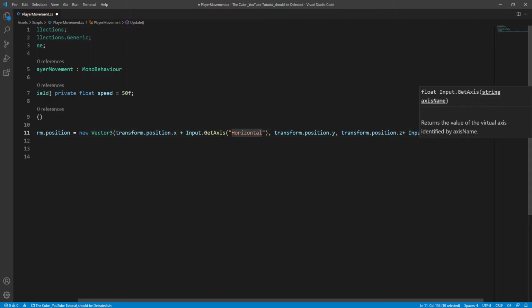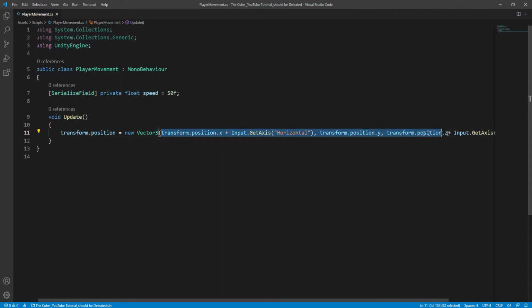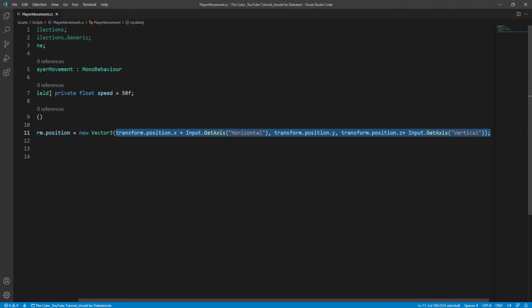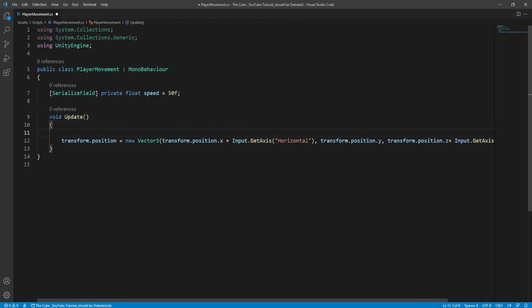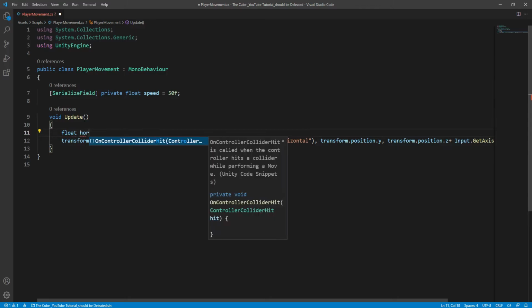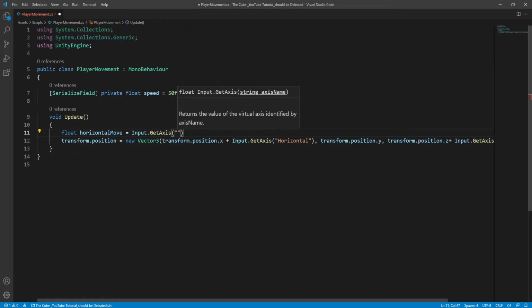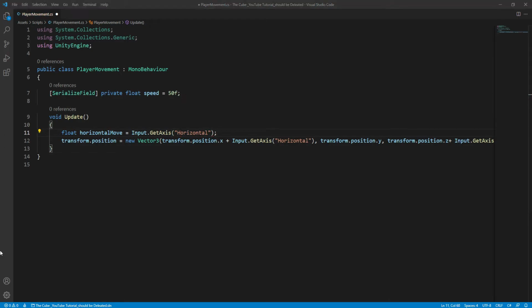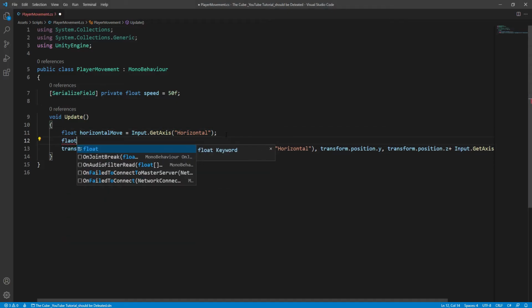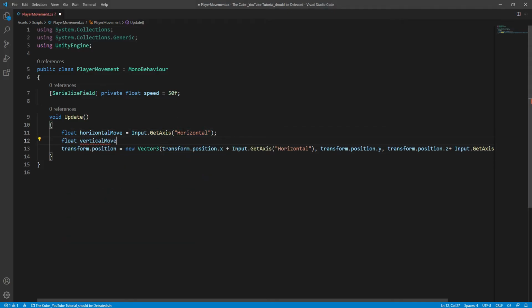Okay, let's make that line simple to read and easy to understand. To do that, we need to create 2 variables for horizontal and vertical inputs, and let's create float type variables, horizontalMove and verticalMove. Float horizontalMove equal to Input.GetAxis horizontal, and for vertical input, float verticalMove equal to Input.GetAxis vertical.